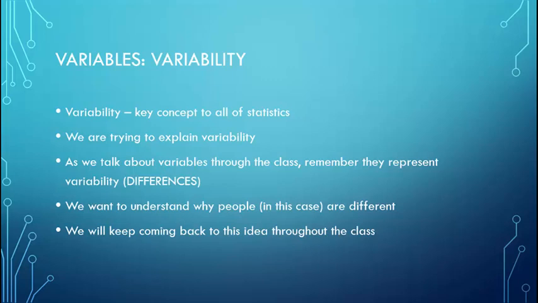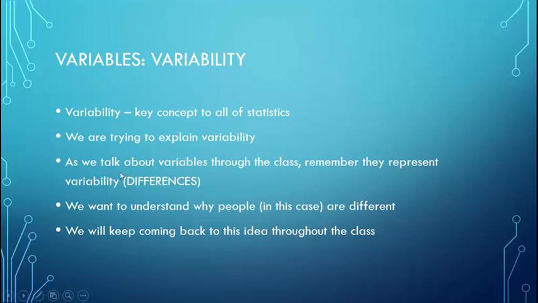Why are some people more depressed than others? We can think of lots of different reasons why we might try to explain that. Is it due to their age? Is it due to how many friends they have? Is it due to neurotransmitters in the brain? You can think of lots of different possible explanations, but what we're really trying to do is understand the variability,